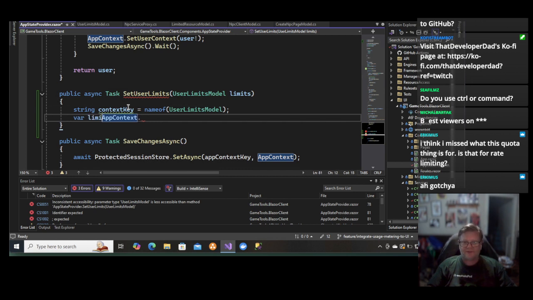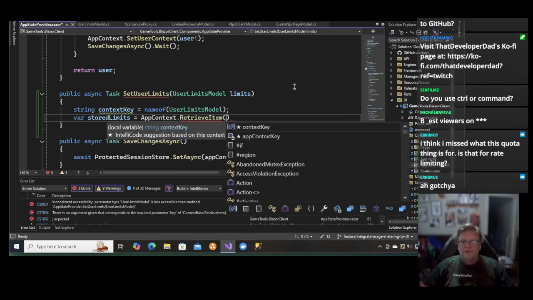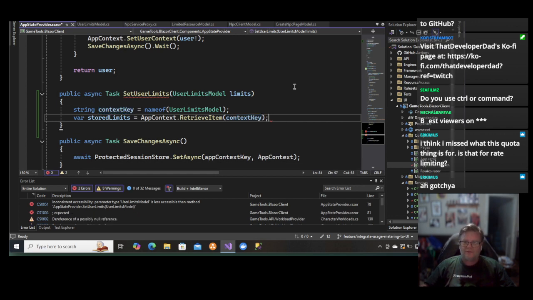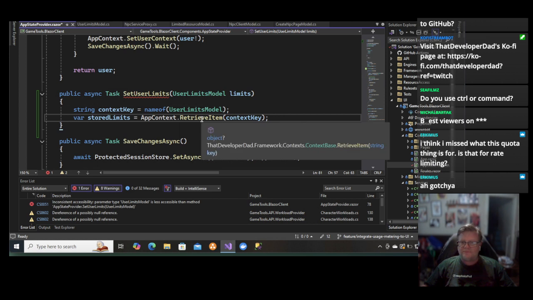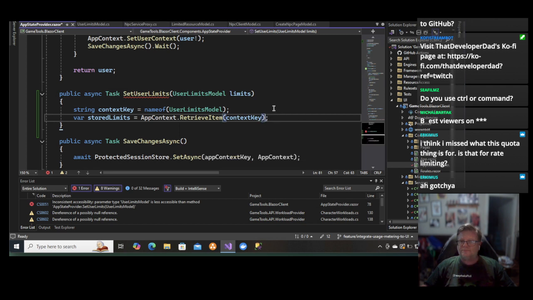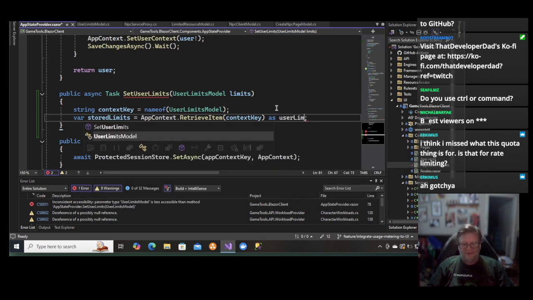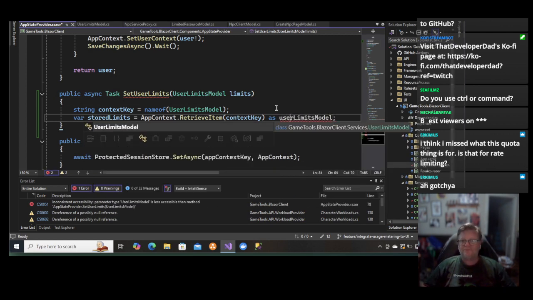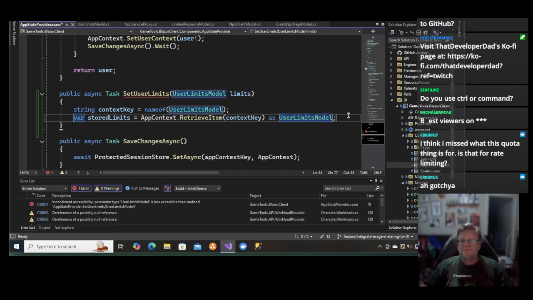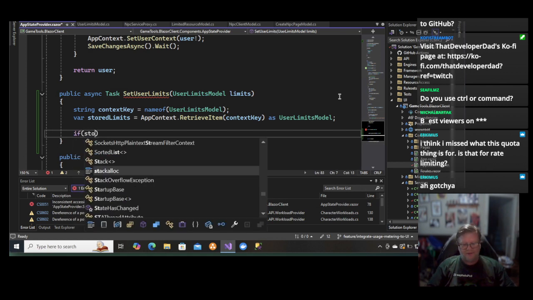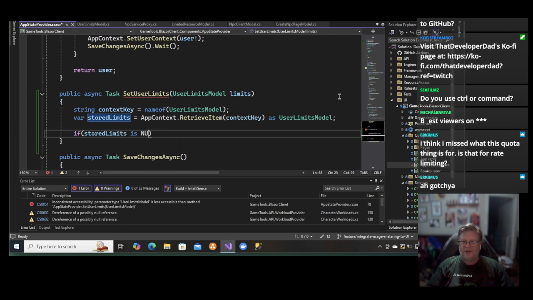Var stored limits equals app context dot retrieve item, context key, as user limits model. There we go, if stored limits is null,